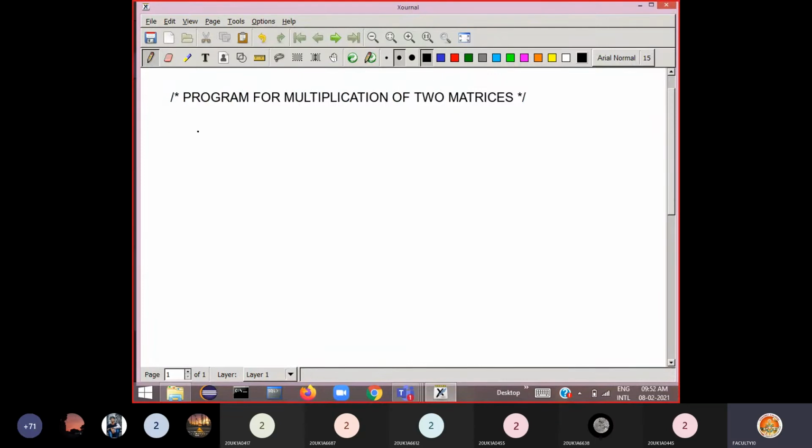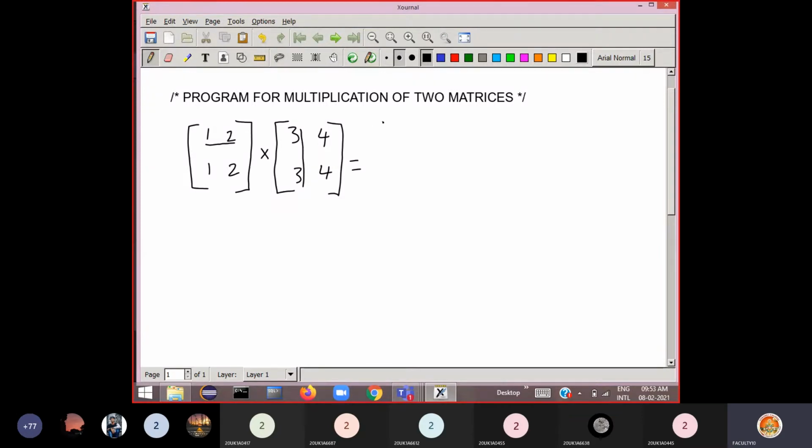for example, we have one matrix here. Say 1 2 1 2, a 2 by 2 matrix I am taking here. Then this matrix must be multiplied with the second matrix, say 3 4 3 4, both 2 by 2 I am taking here actually. So when you multiply this, you have to multiply each row with each column. This is how it should be performed.